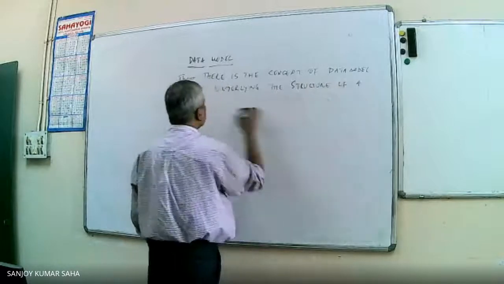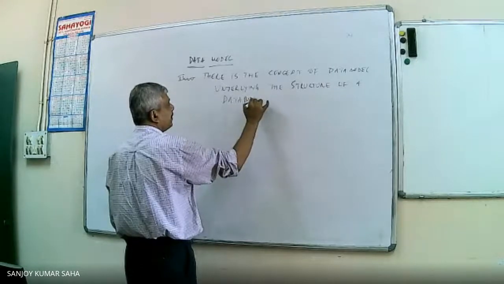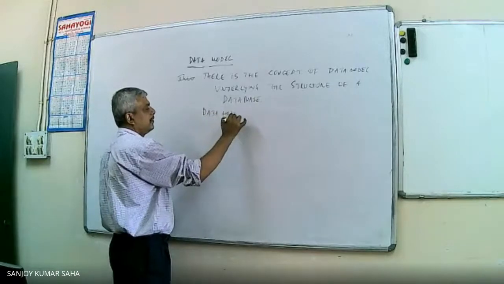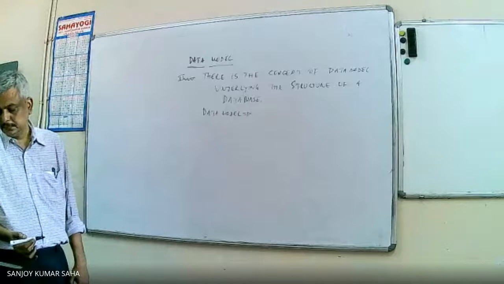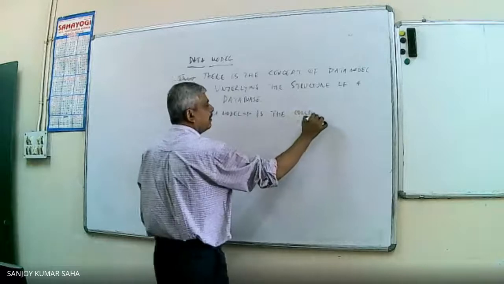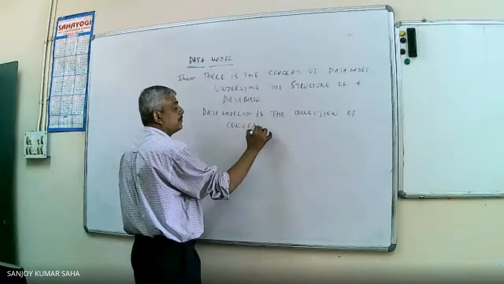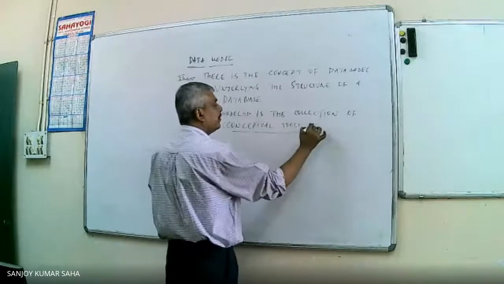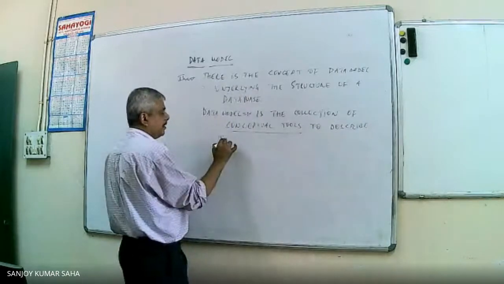So the structure of the database is based on nothing but a certain data model. Now, this data model is a collection of conceptual tools to describe the data,